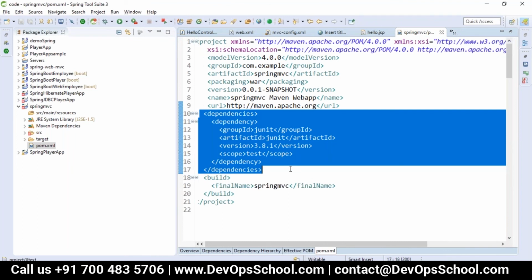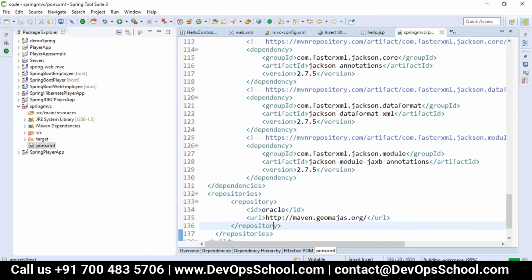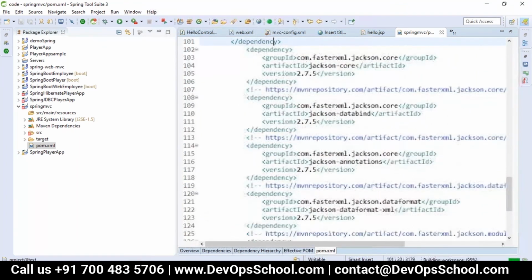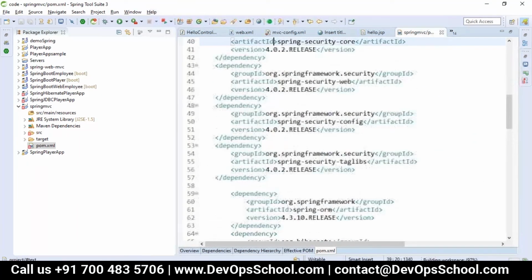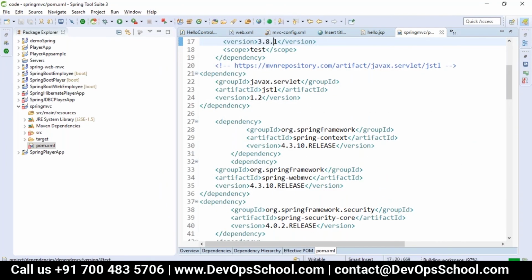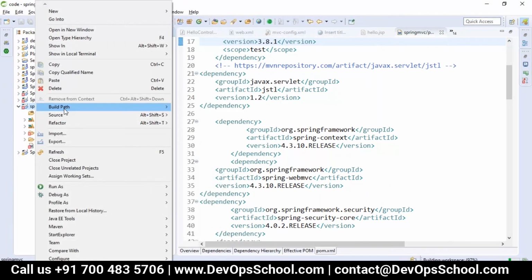I'm just adding all the dependencies. Okay, I just added the dependencies which are required here. And I'll add the server for this.